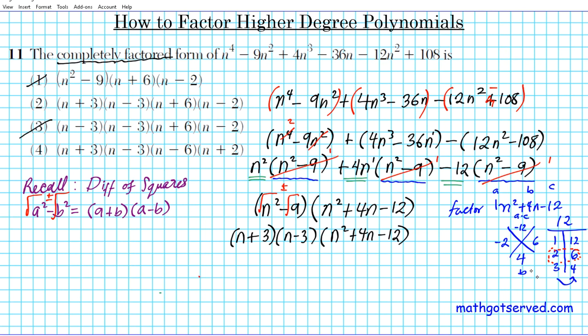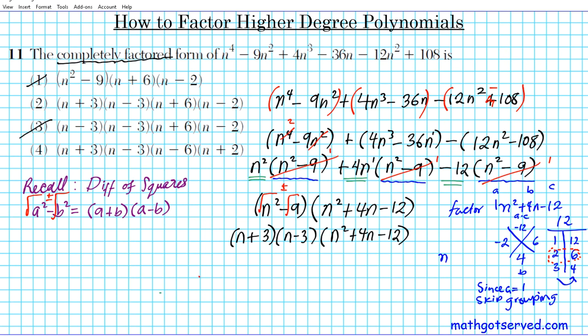Now since A is 1 in this problem, there is no need for grouping. Since A is equal to 1, you can just skip the grouping process. So skip grouping. What does that mean? It means that we can jump from this x game to the factored state. So I'll just use negative 2 and 6, and the factored form for this quadratic trinomial is going to be